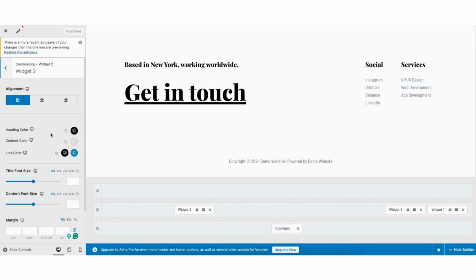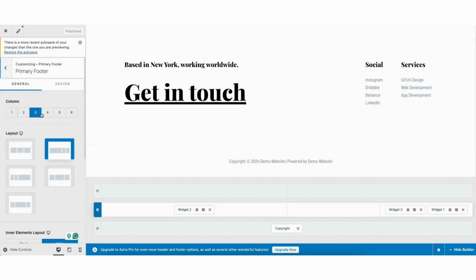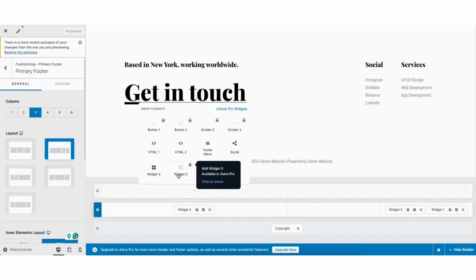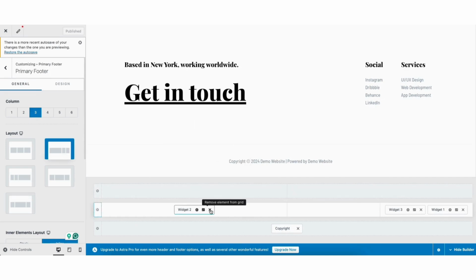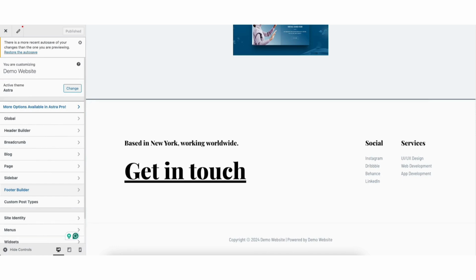If you click the pencil icon here on the left-hand side, you can then choose how many columns you want your footer to be. You can then click the plus icon to add sections to that part of the footer. If you don't want something in the footer of your site, click the X button to remove that area from the footer. I'm going to click the back arrow twice. Scroll up to the header area of your site.